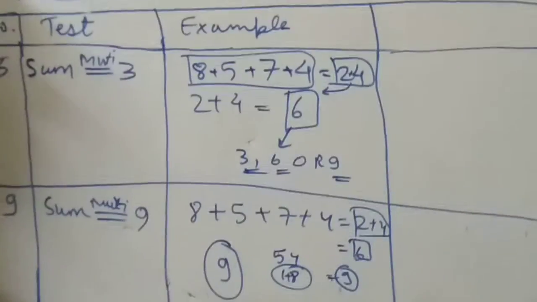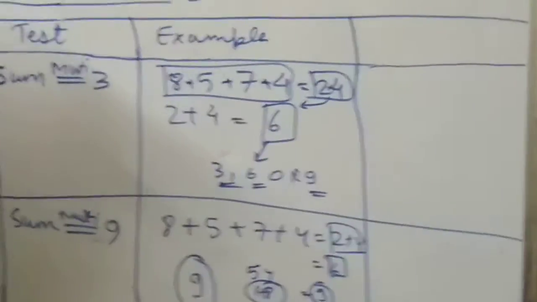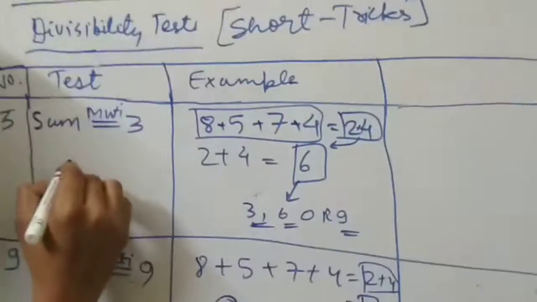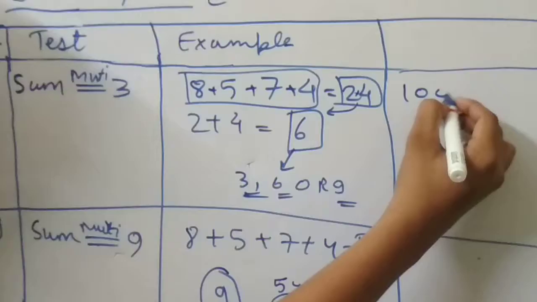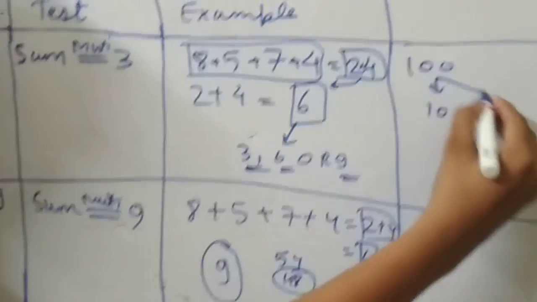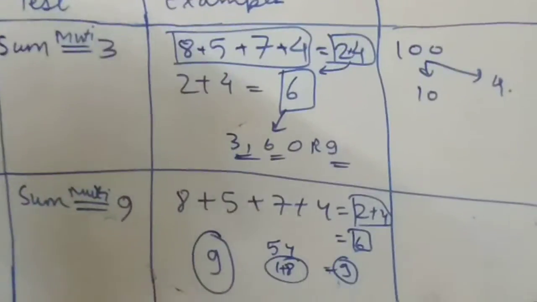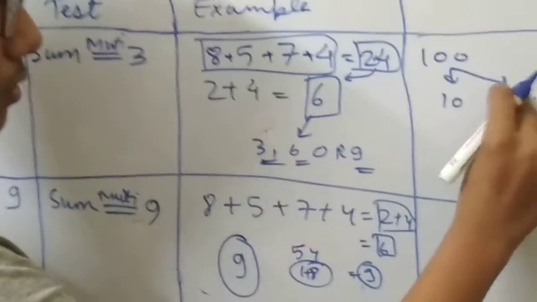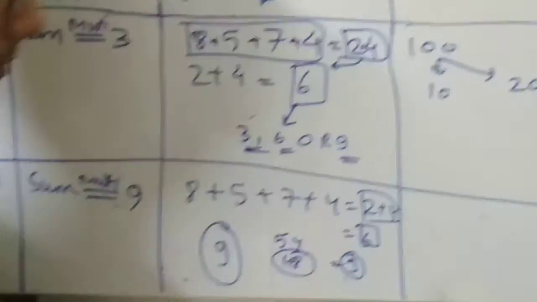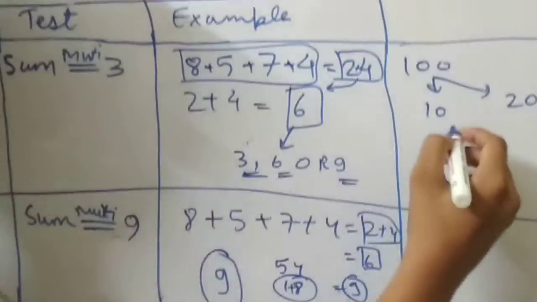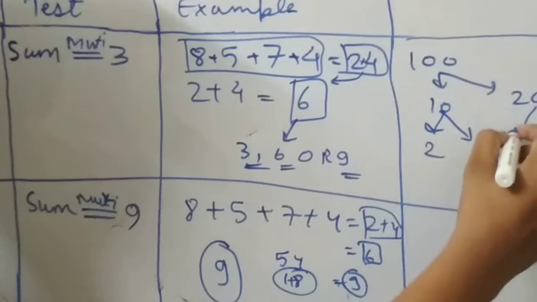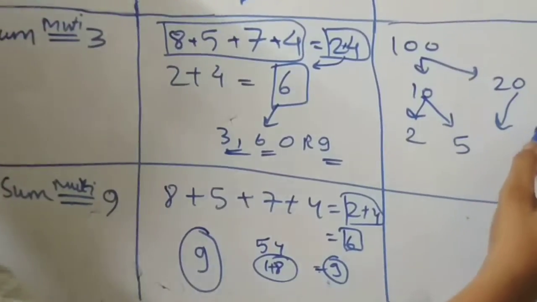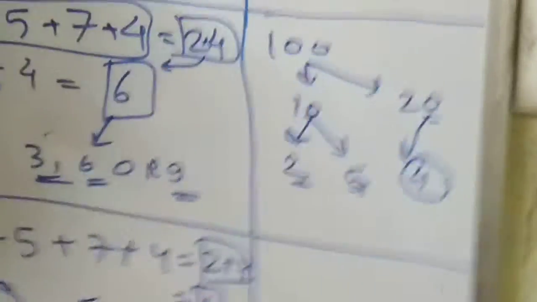You must have seen in my previous video that I took an example of a number like 100. 100 is divisible by 10 and it is also divisible by 4. Let me take 20 here. What are the factors of 10? 10 has 2 factors, 2 and 5. 20 has many factors, but the common one is 2. This also has 2, but here is 4; there is one more factor.